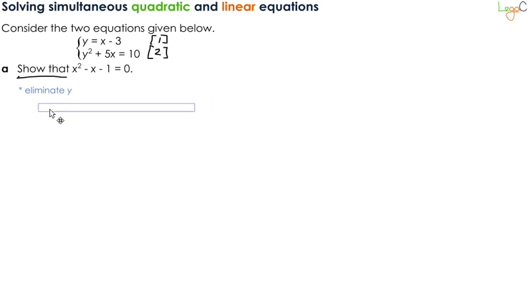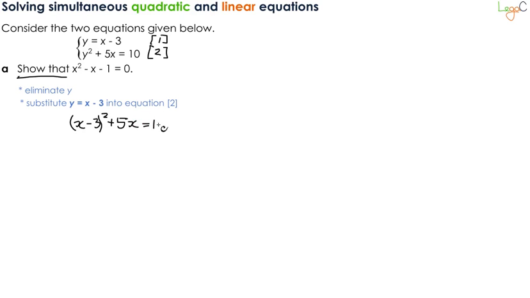We notice that we can substitute y equals x minus 3 into equation 2. Let's see what happens. So I'm going to use x minus 3 and replace y with it. So x minus 3 all squared plus 5x